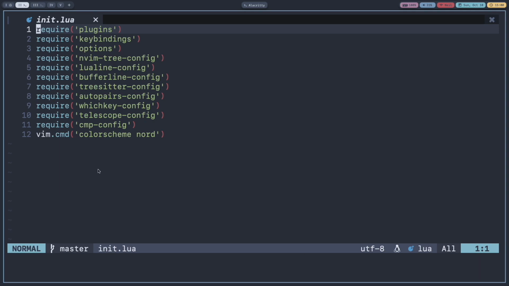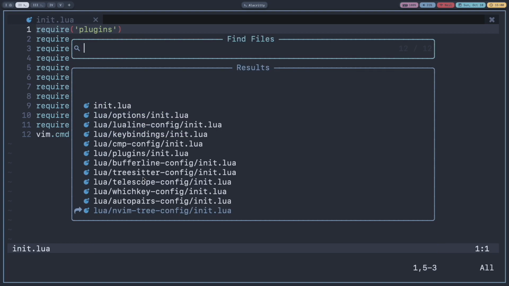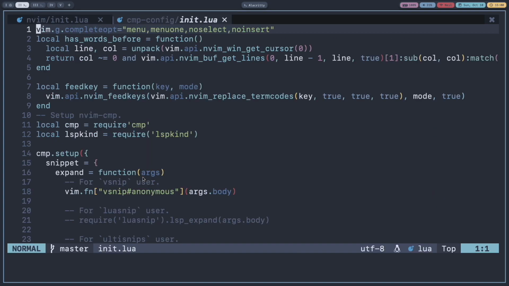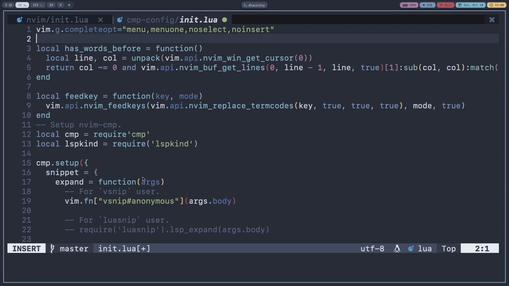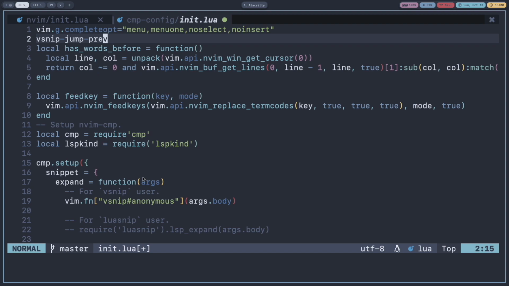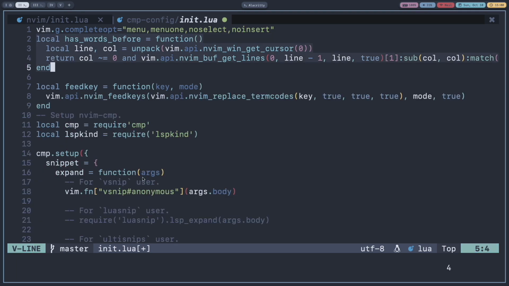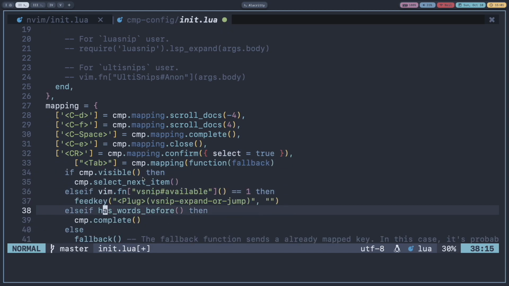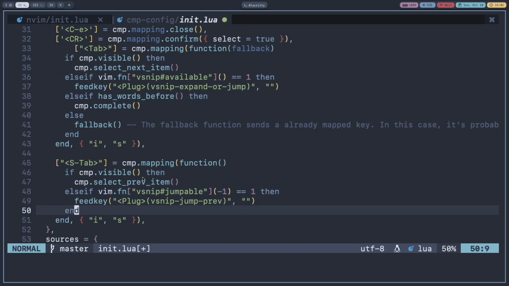And for this video, I'll show you what all that we did just now means, because before I did not explain anything. I just showed you how to copy paste from the GitHub pages, but now I'll explain what we did today. First we added the cmp configuration. Complete opt is what the menu will do. If I press V, all these are there. It's for this menu, and then these are just functions which the shift tab and tab key bindings are using.